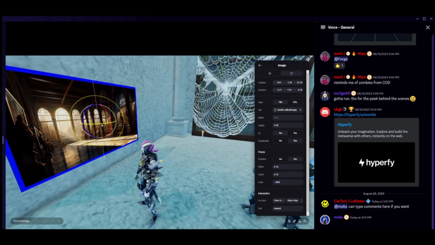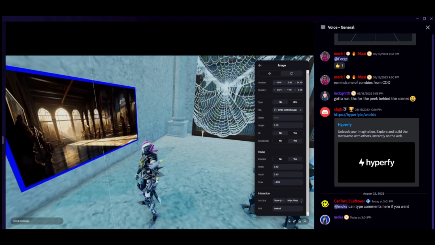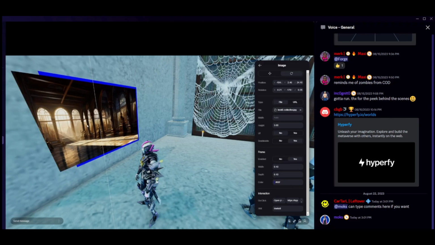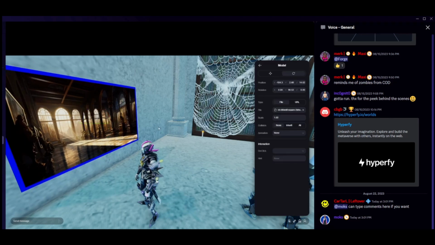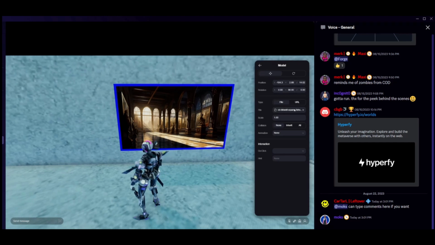Or if I pick this one, it's going to rotate this way. So it takes a little bit of getting used to. What you'll find a lot of time with rotation is, rather than using that rotate, you'll use numbers here. So, as an example, if I want to rotate it 90 degrees,